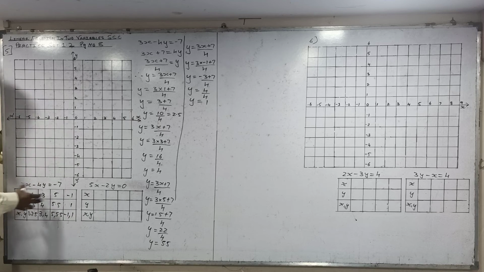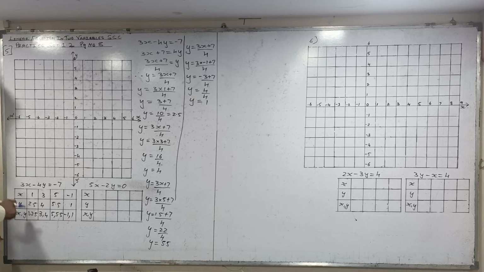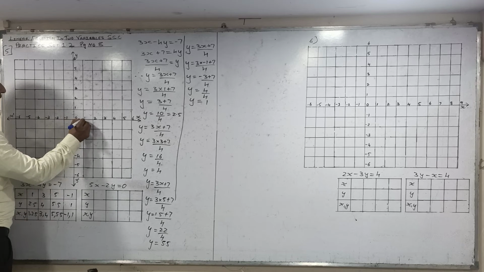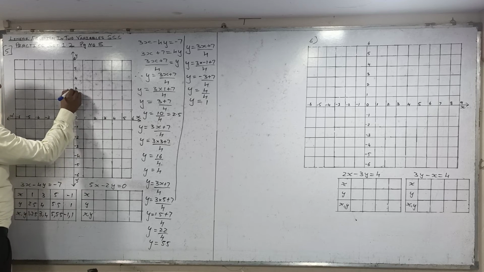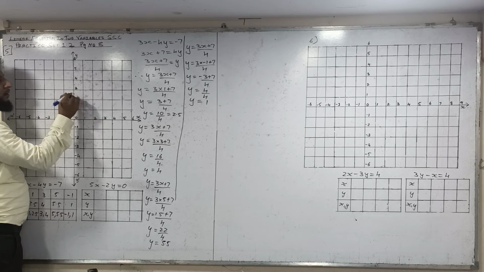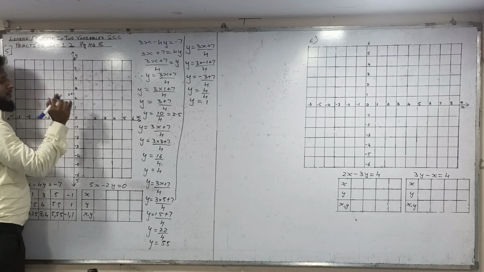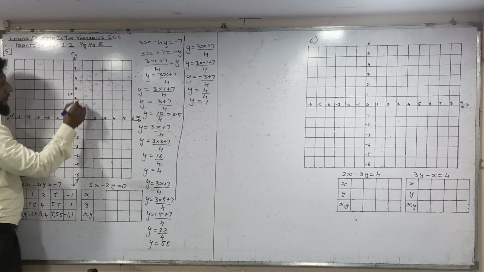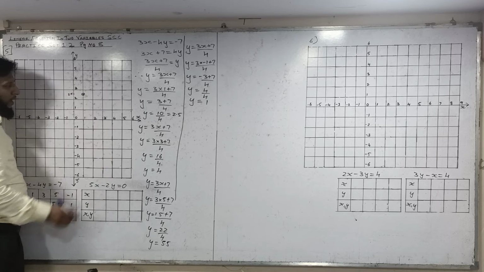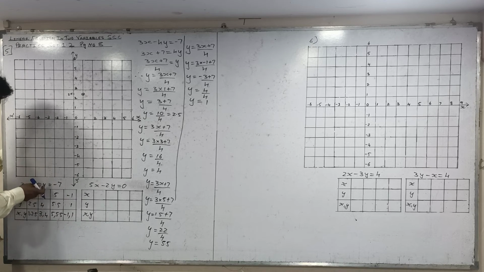So we have to plot all these 4 points. Now draw the line. Okay. So after plotting the point 1 and 2.5, x value 1 and y value 2.5. So this is 2 and this is 3, and the mid value is 2.5 of the graph. See, this is 2 and this is 3. So above 2.5 then 3. So now you can plot the point here. So this is your point. After plotting the point, we'll write the point later. First we'll draw the line.